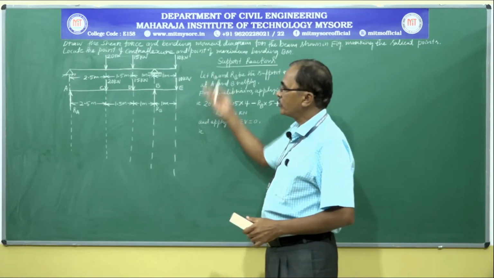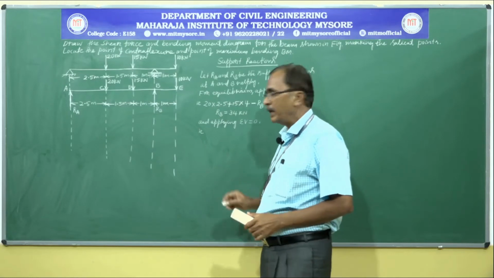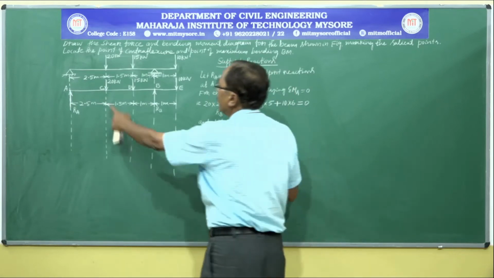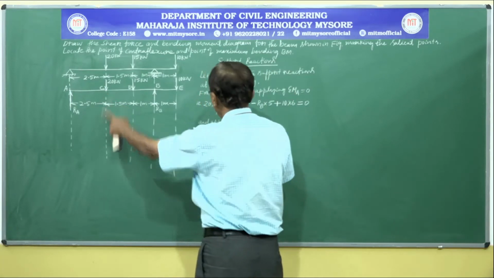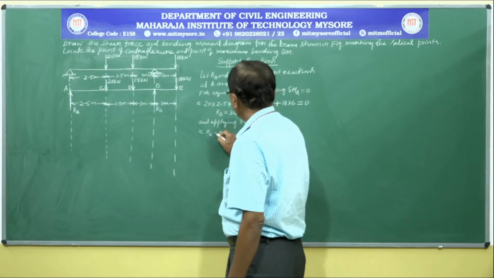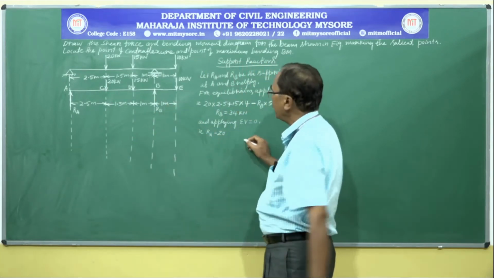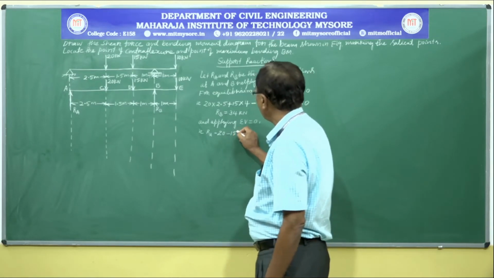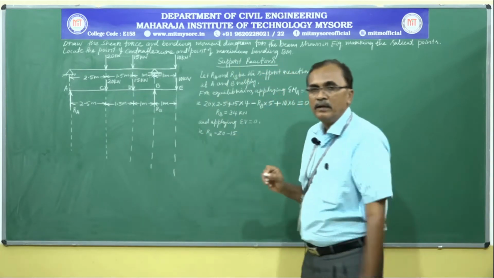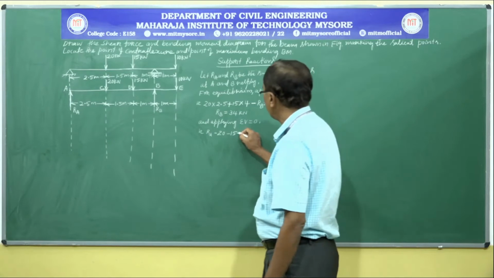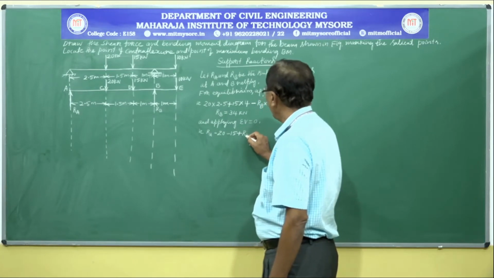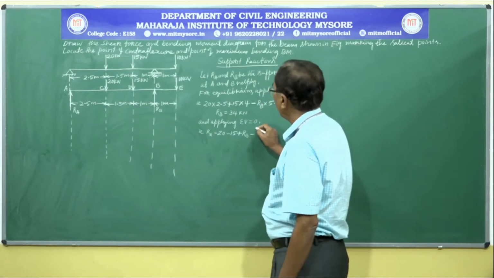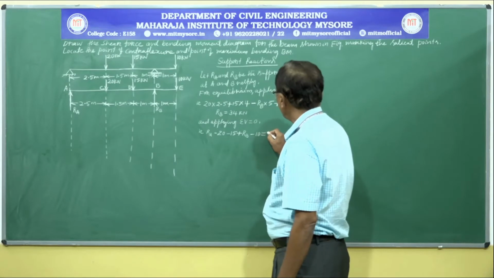Now let us proceed from left hand side to right hand side and consider the forces one by one. By treating upward force as positive, automatically the downward force will be negative. RA, upward, positive. Next, at point C, the point load acting in the downward direction is minus 20. Next, at point D, again there is a downward load of 15 kilonewton, minus 15. At point B, there is an upward support reaction, positive, plus RB. Lastly, at point E, there is a downward load of 10 kilonewton, minus 10, and the sum is equal to 0.